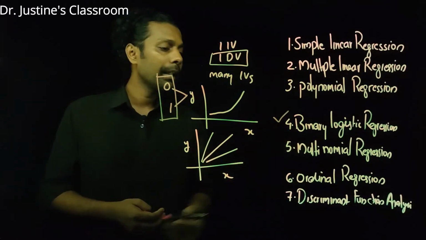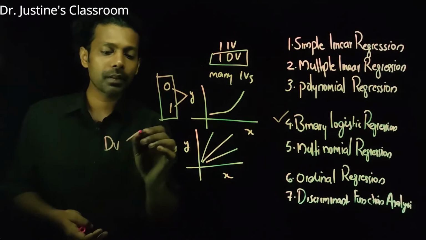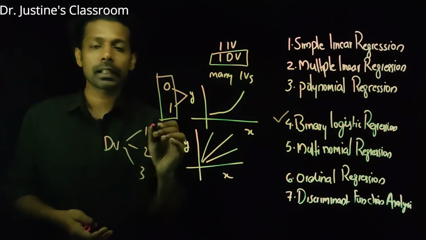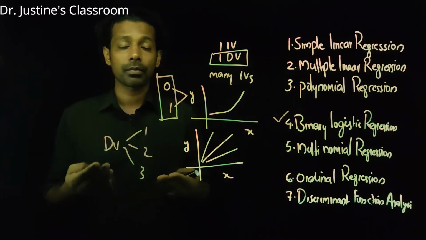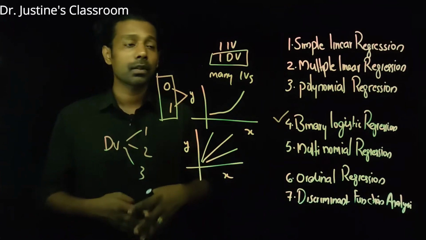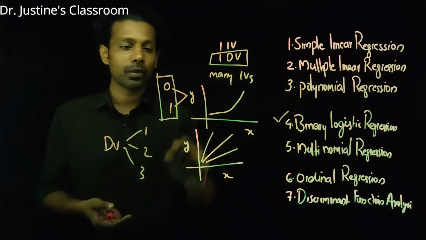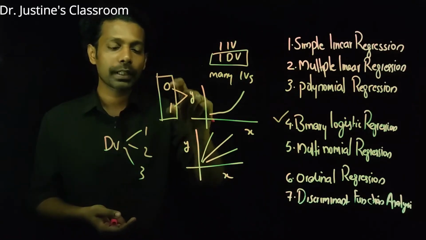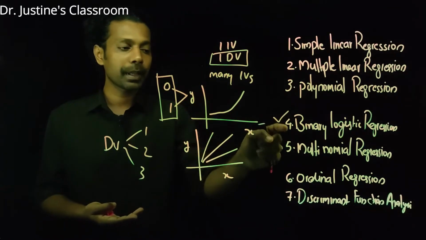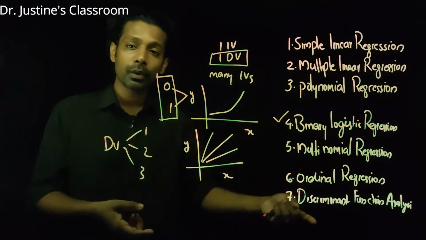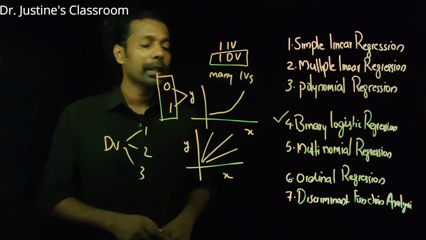Okay, now you have multinomial regression. So multinomial regression means your dependent variable has many options, 1, 2, 3, like that. So you need to predict that particular behavior. For example, I may go inside the class, or I may wait outside the class, or I may not be thinking about it, I may not be worried about that, like that. You may have multiple options. So when the dependent variable has two categories, two possible outcomes, a dichotomous outcome, then binary logistic regression will be done. What if you have more than two outcomes? So the dependent variable is categorical with more than two outcomes, then we go for a multinomial regression analysis.